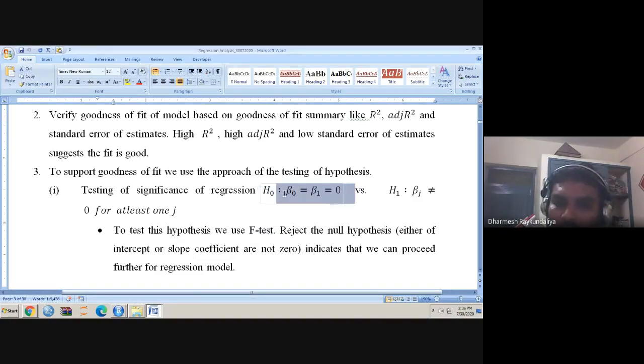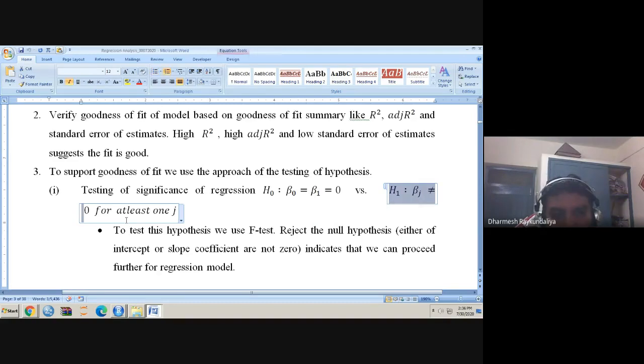But here ANOVA is a simultaneous testing of the parameters in the regression theory, and it will give the F test. And if you reject the null hypothesis, it means that at least one of them is significantly different from 0. That is either beta 0 is not 0 or beta 1 is not 0. दोनों साथ में तो 0 नहीं है, वो तो पक्का हो गया यहाँ से रिजेक्ट होने से.